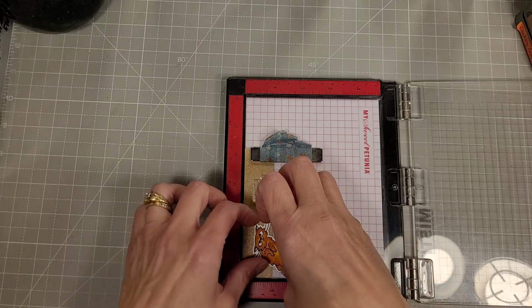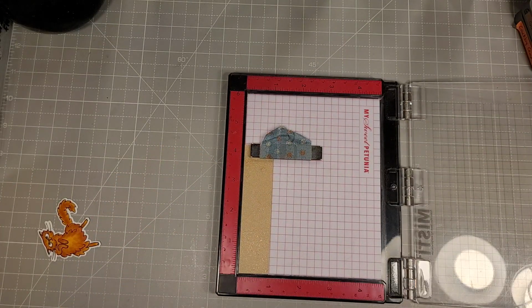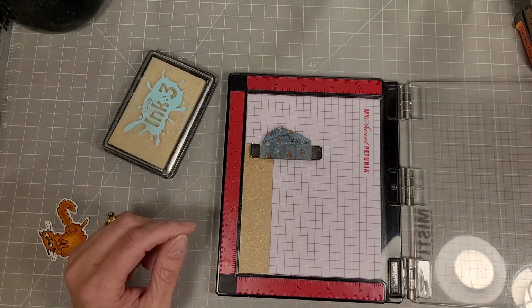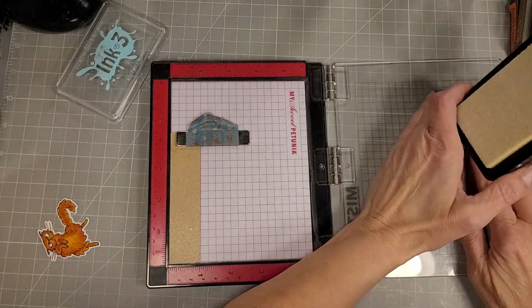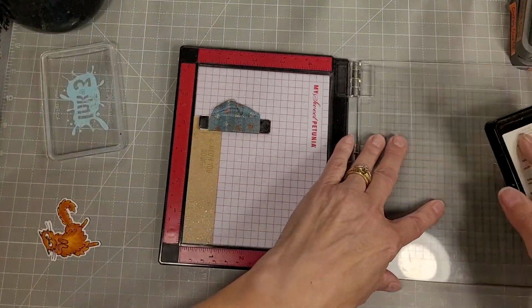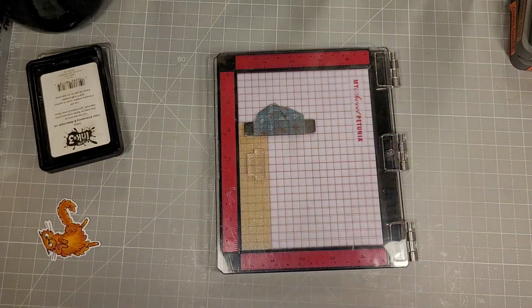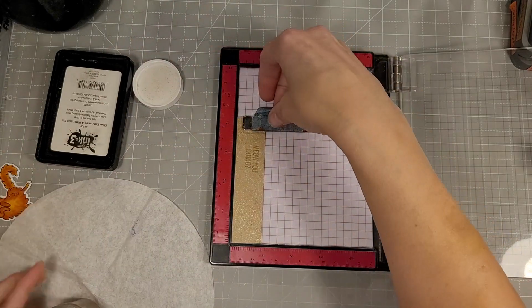I'm going to stamp that on this piece of cardstock so it will be right next to our kitty on the card. I'm using clear embossing ink again. I use my anti-static powder tool and a brush to wipe away that extra powder, and we're going to stamp that with clear embossing ink. I did stamp it twice because I want a nice solid inking, and we're going to use the brass embossing powder again. So I'm going to sprinkle that onto our cardstock,